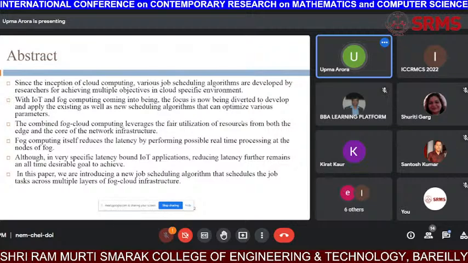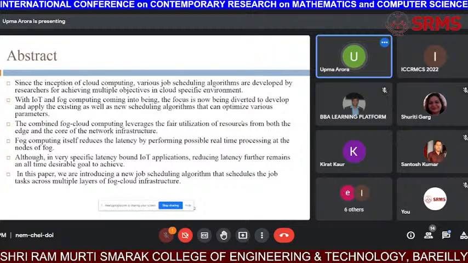So this is the review of the relevant literature that is relevant to the topic of my area. Ma'am, should I continue with the review of relevant literature, or should I continue with the next slides? Am I audible? Yes, yes. Please go through your actual work that you have mentioned in your paper.